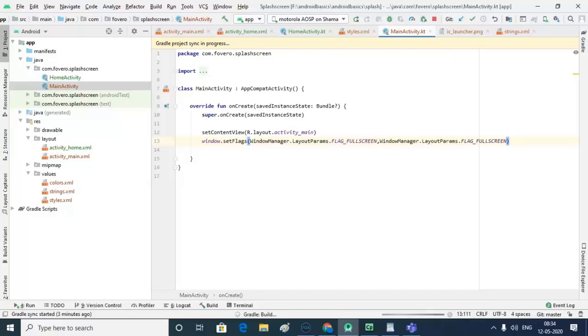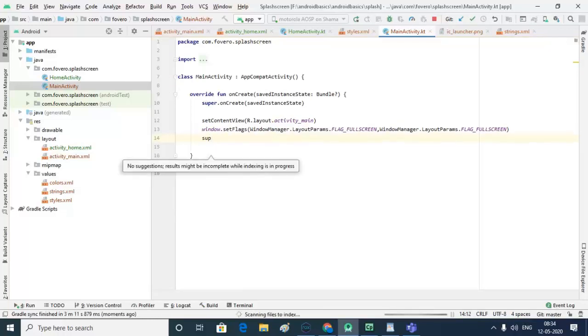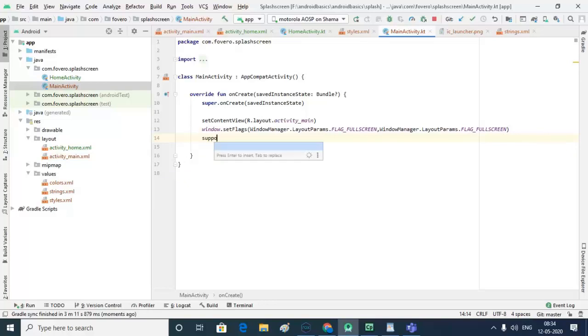and after that hide the action bar. supportActionBar dot hide, and there is some problem.